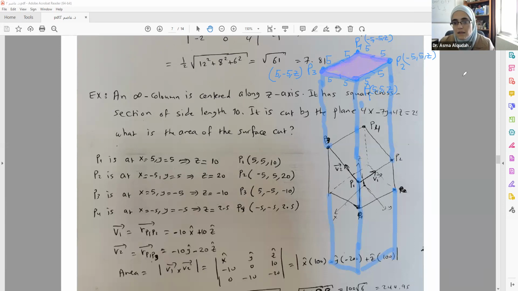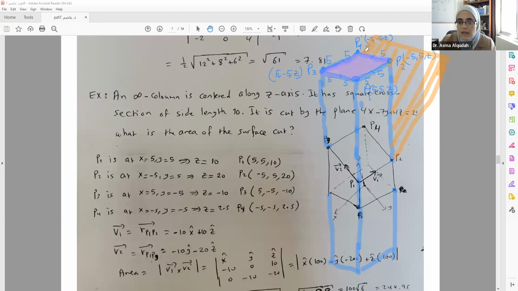A plane that crossed, or yeah, the question is telling me that there is a plane. Okay, that plane, this plane, the one in orange, cut this column, the column in blue, the infinite column. There is a plane, the orange plane, it came and cut this column in this way,